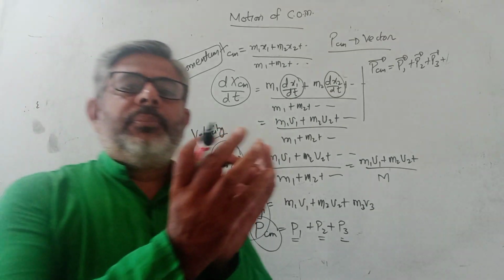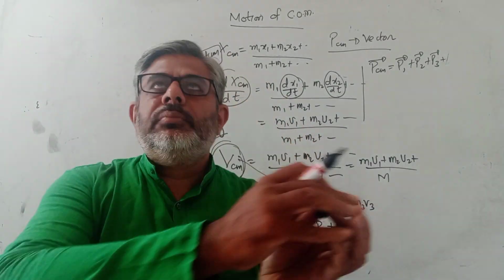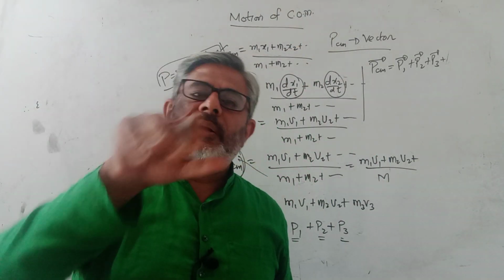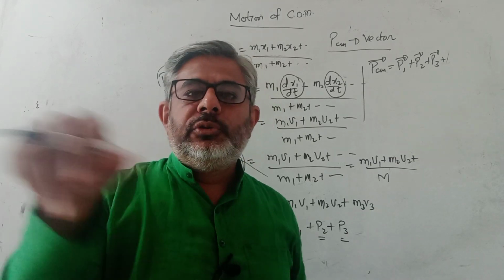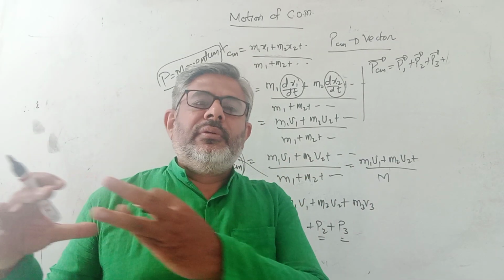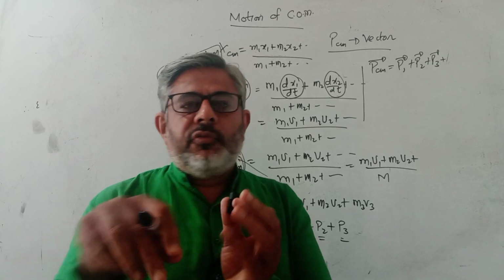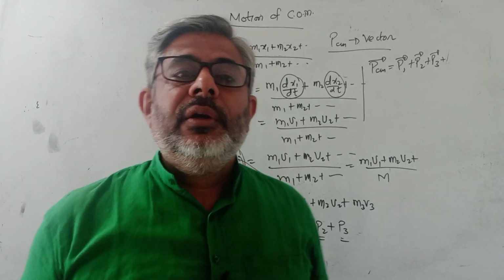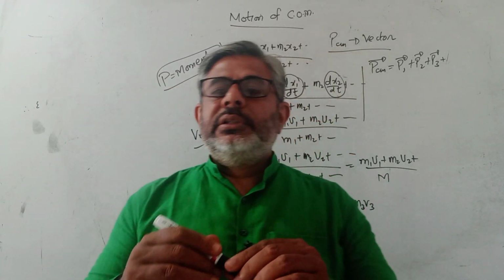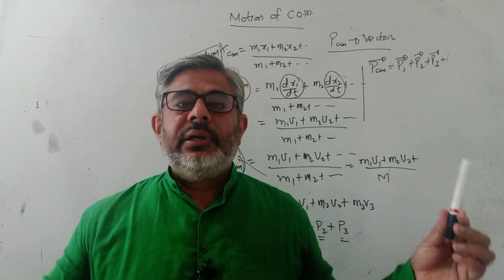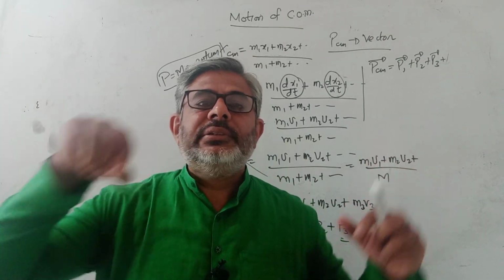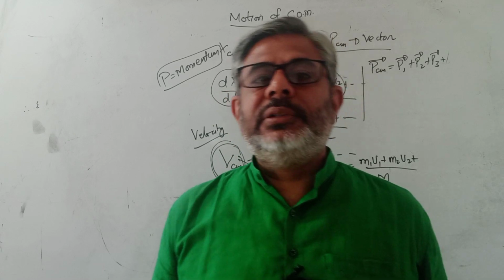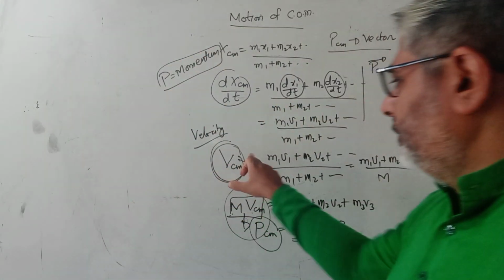Now of course, if there is a ball which is moving like this in space, then we can say all the particles have the same velocity. If this object is moving with 10 meters per second, then of course the center of mass is also moving with 10 meters per second. But when there is a case like those two pens, which are two point masses, then the velocity of the center of mass is given by this equation.